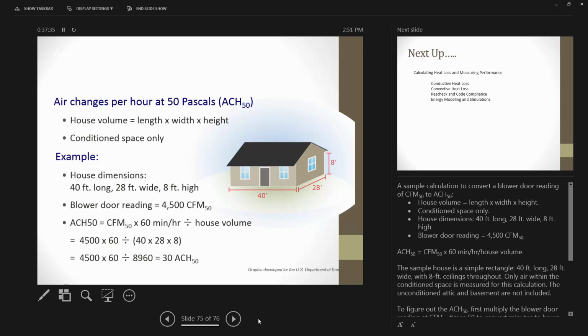How much does a blower door setup cost? A good blower door is probably about $4,000. And the thermal imagery camera is going to be anywhere from $7,000 to $14,000. It's not an inexpensive profession to get into to start, but if you're improving somebody's house from 4,500 down to 600, they're going to